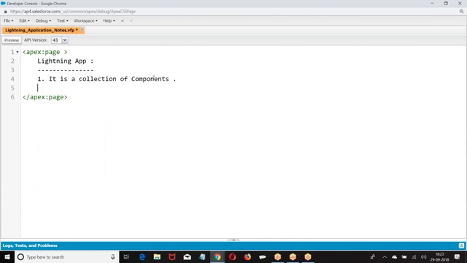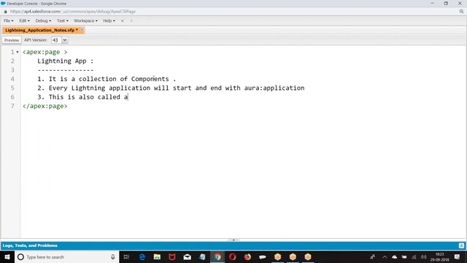So we can call it an application, and we can call it a page. So a lightning application is a collection of components. Every lightning application will start and end with aura:application. This is also called SPA.